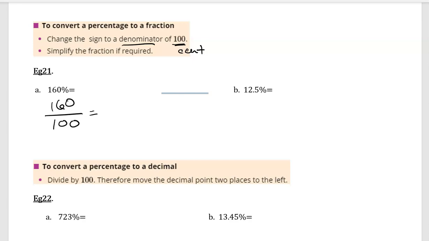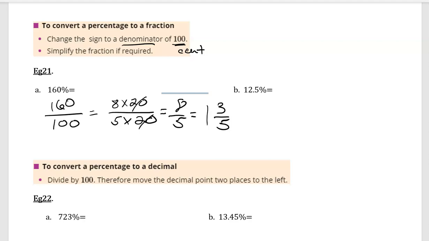So how do we get the highest common factor between these two? It is 20. So 8 times 20, and 5 times 20. Then we can cancel out the 20s, and that leaves us with 8 over 5, which is equal to, how many 5s are there? That's 5 out of 5 is 1, and 3/5